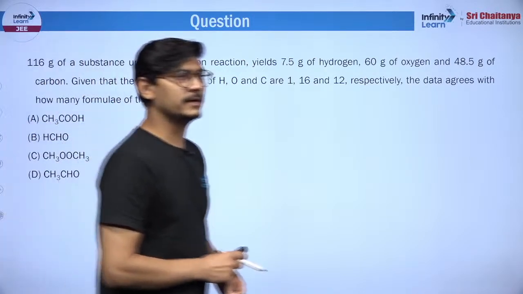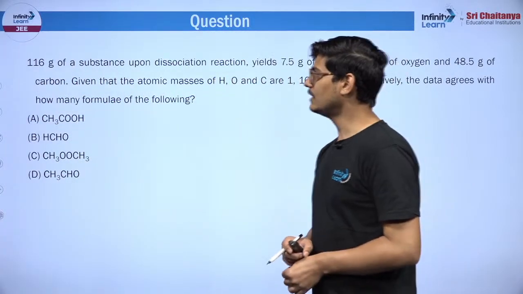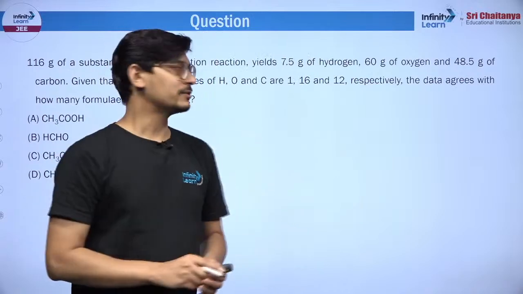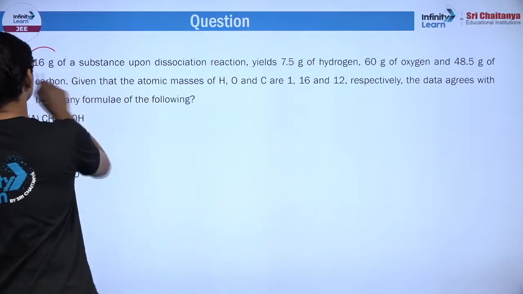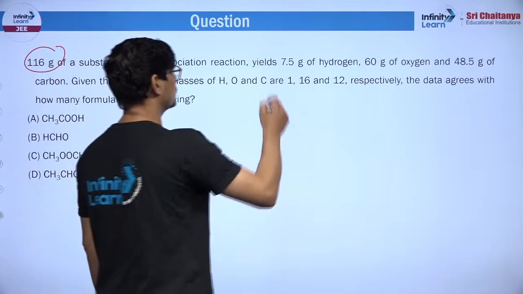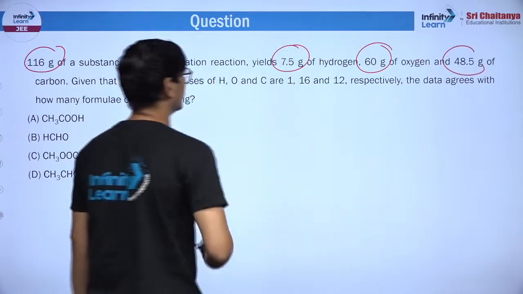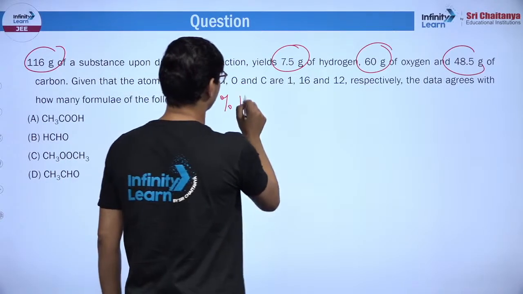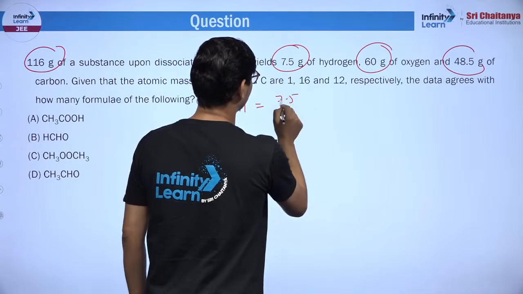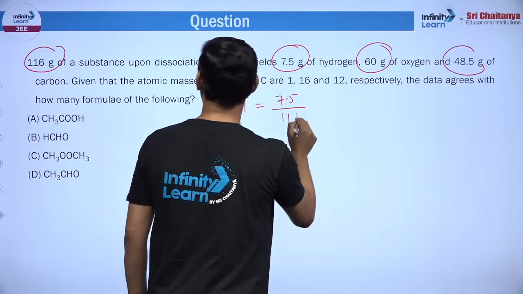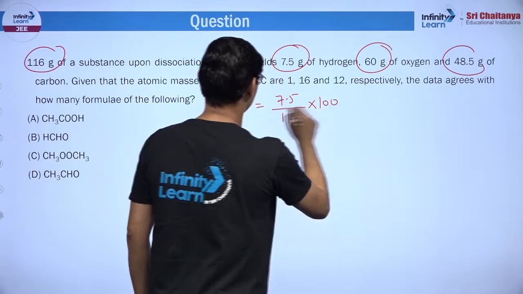Now we come to the questions, these numerical sort of questions. So yes, there is calculation. 116 gram of a substance upon dissociation yields this much hydrogen, this much oxygen, this much carbon. तो ऐसा करें, percentage hydrogen निकाल लें, ठीक है. अब मैं calculation नहीं करूंगा guys, वो आप लोग करेंगे, ठीक है. तो ये आपका हो जाएगा percentage hydrogen,